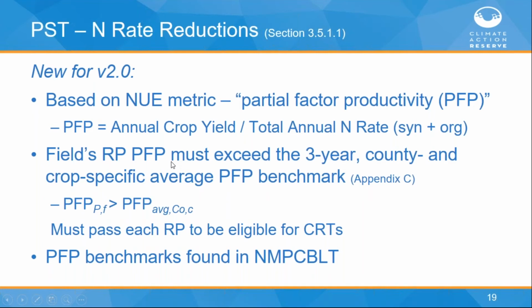reductions. So it's still based on a nitrogen use efficiency metric, and the reason for that is because nitrogen use efficiency takes into consideration yield as well, and so we don't want nitrogen rates to be declined to a point or reduced to a point that yield is compromised, because we need to encourage crop yield, and also nitrogen use, by having a nitrogen use efficiency metric and not just basing this on improvements or reducing N rate based on historical applications, is a more level, I guess, makes a more level playing ground where there could be early actors who have already started reducing their N rates, and so therefore